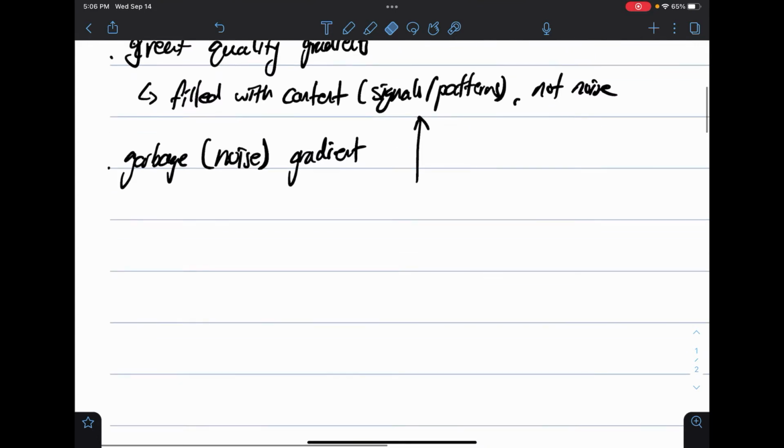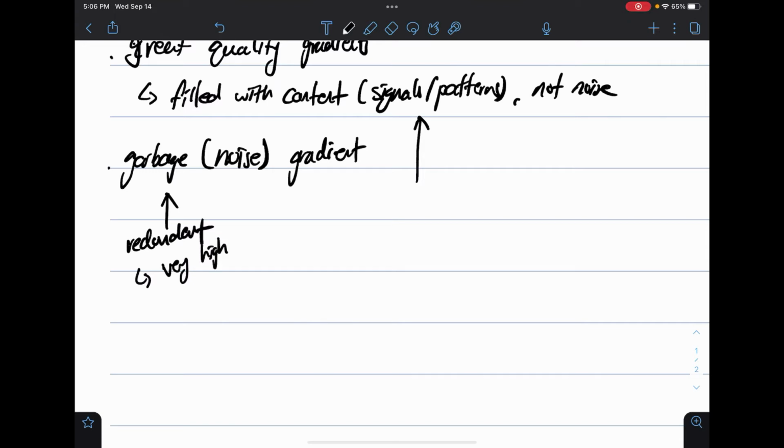I think that could be a little simpler. Garbage gradients are redundant, or they don't contain a lot of useful information compared to the amount of data that's being fed in. So basically it has